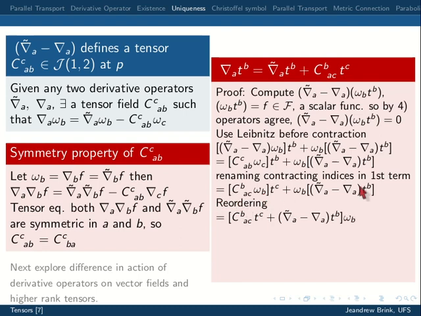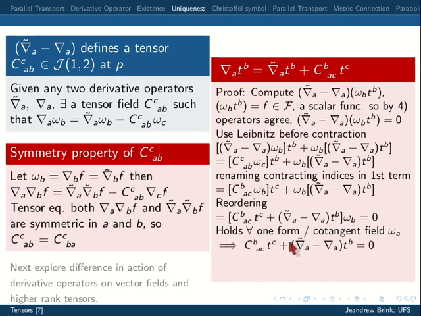So you change the indexes, you then take ω_b out, and you're left with a square bracket contracted with ω_b, and you know it's got to be 0. So this thing must hold for all one forms or covariant fields, ω_b or ω_a, whatever index you choose to use, and therefore this thing inside the bracket must be 0,